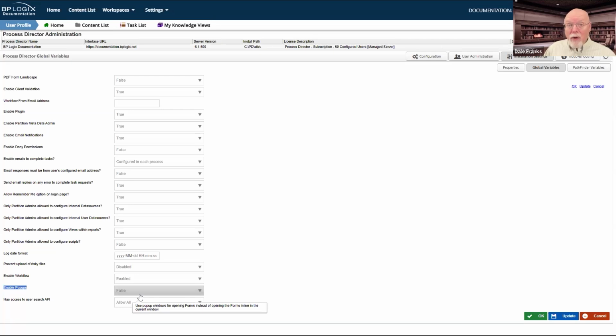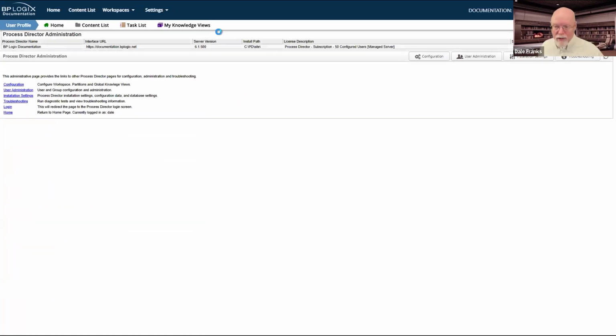But if you are going to run Pathfinder, you are probably going to have to change this property to false, which means that rather than opening pop-ups in a new window or forms in a new window, it's going to open them inline in Process Director in whatever context you're in. So if I set this enable pop-ups to false,